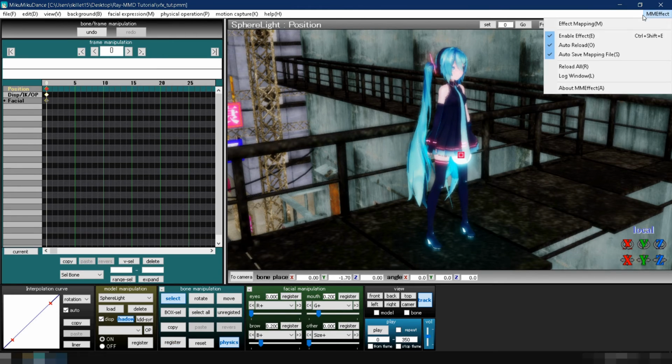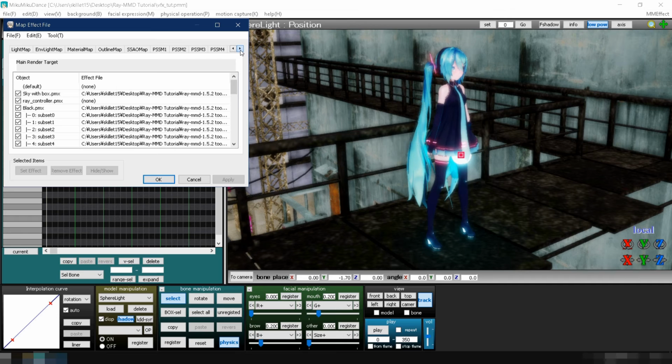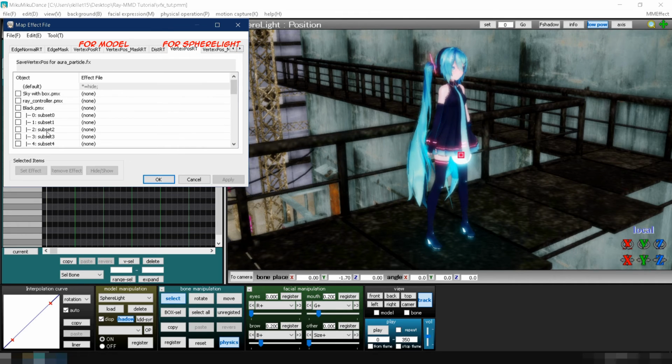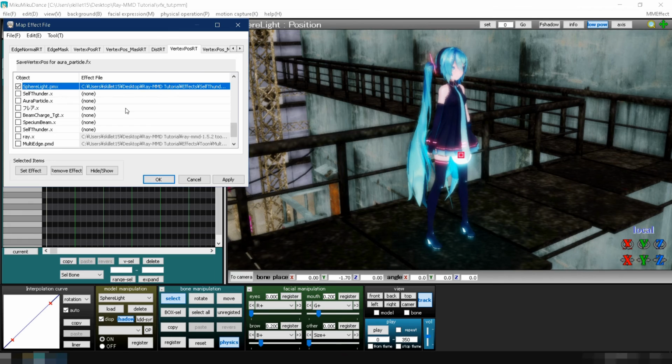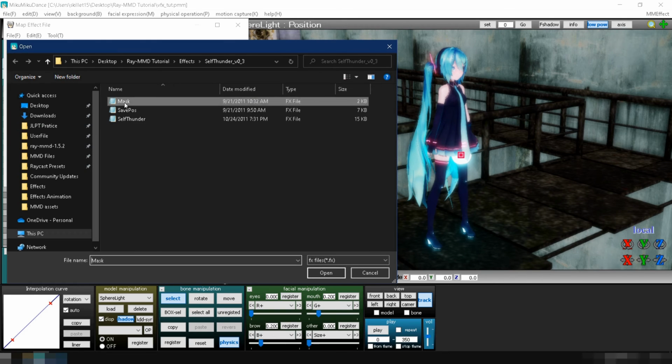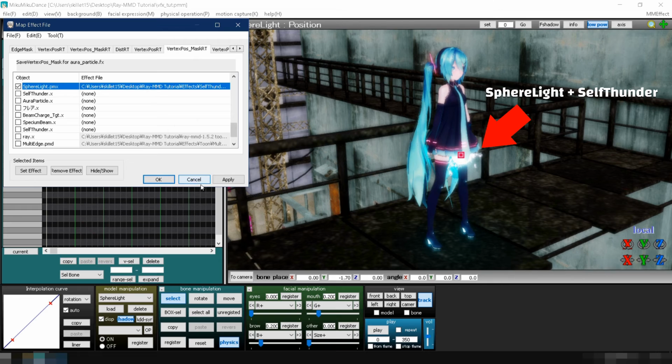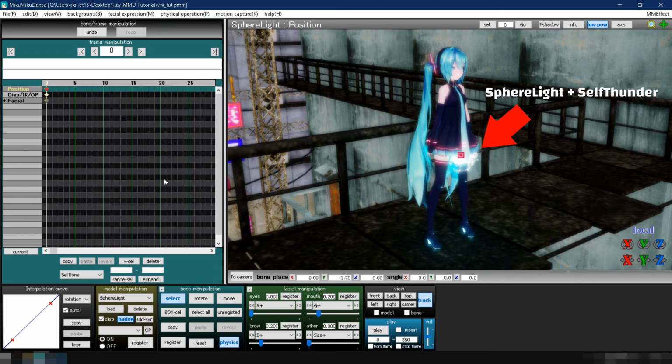Assign the effect as we did in Chapter 5, but this time to the sphere light instead of the model. Finally, go to MM, uncheck the display, and click Register.